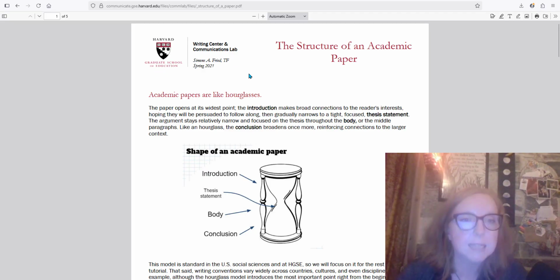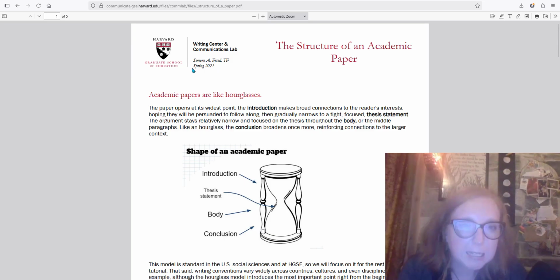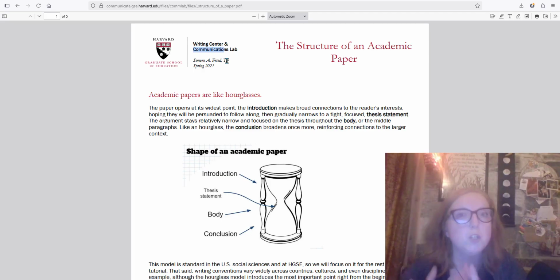And what that means is this has what we call an institutional author. Now, arguably, this person here, Simone A. Fried, might be the author, but I'd wager this is an institutional author, and it's the Harvard Writing Center and Communications Lab. Now, when you have an institutional author, that just means that rather than an individual writing this document,